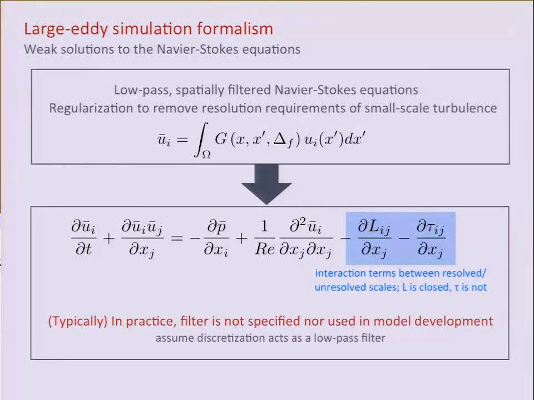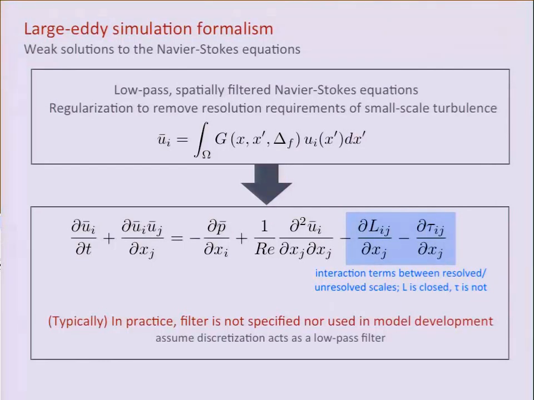So I'll spend just a couple minutes to talk about the methodology and the formalism that we've introduced to solve these problems. All of this is done in the context of large-eddy simulations. So we're looking for weak solutions to the Navier-Stokes equations. The reason that we look for weak solutions is because the resolution requirements of small-scale turbulence are just computationally prohibitive to fully resolve. So mathematically, we low-pass spatially filter the NS equations, and we try to solve for this